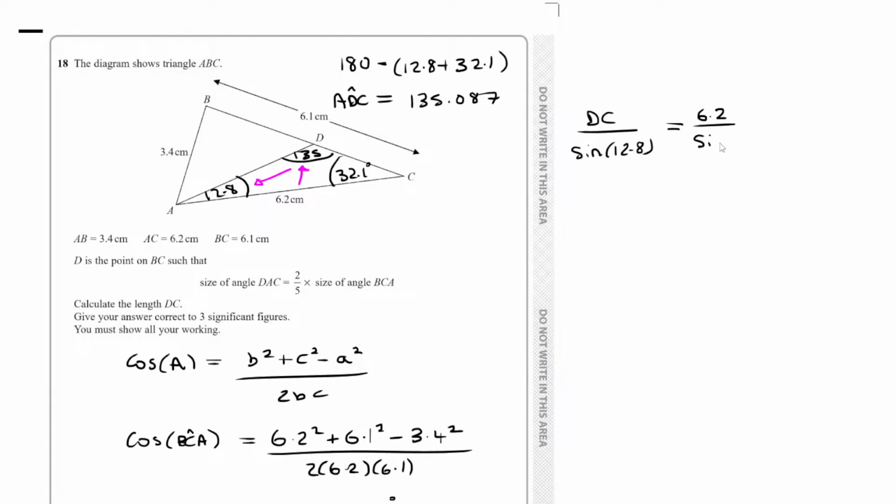6.2, and then the sine of that angle, 135, which is still in my answer. Obviously, then you have to times across, don't you? You have to multiply across. So my actual calculation will be 6.2 over sine 135 multiplied by sine